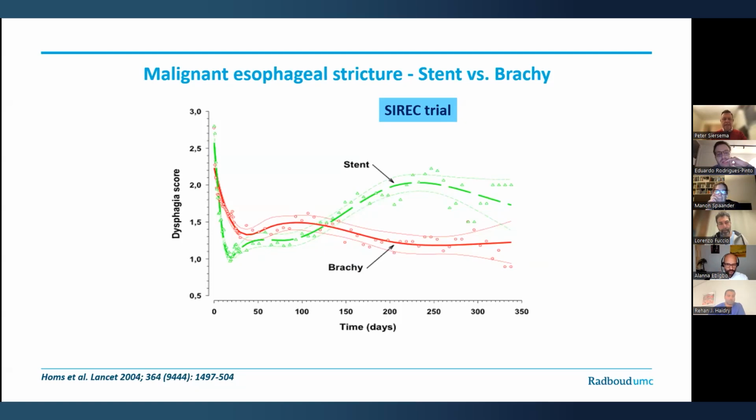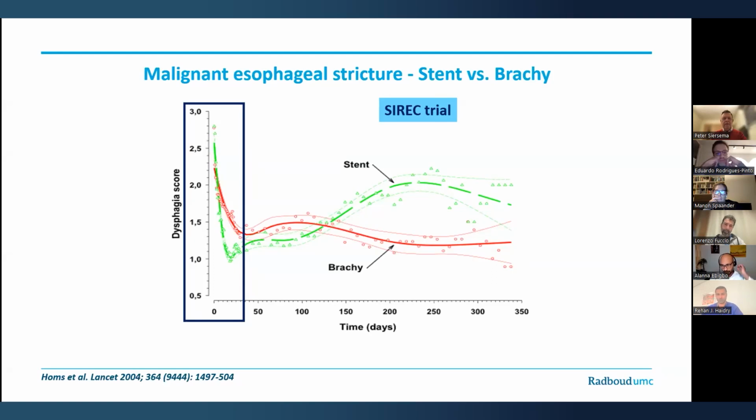You see on the x-axis the time since treatment, and on the y-axis the dysphagia score going from 0, which means normal eating pattern, to 3, which means that the patient was only able to eat fluids. As you look at the first period, the first 30 to 45 days, you can see that the improvement in the dysphagia score was much more prominent in the stent group as compared to the brachytherapy group. However, looking over time, you see that the brachytherapy effect lasted for a much longer period, whereas stent placement lost its effect because of stent migration or because of hyperplastic tissue growth. That suggests clearly that in the beginning, stent placement is more effective, and over time, the brachytherapy effect is more effective in palliation of